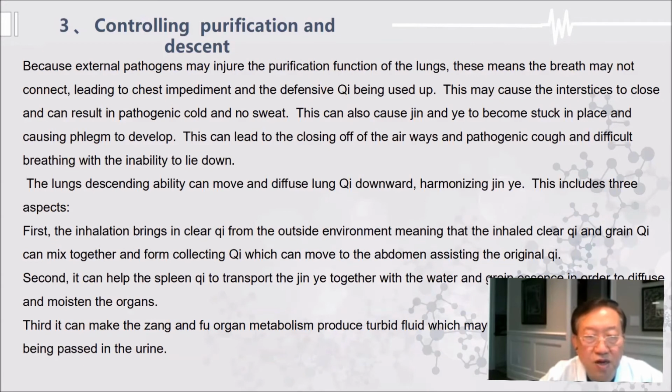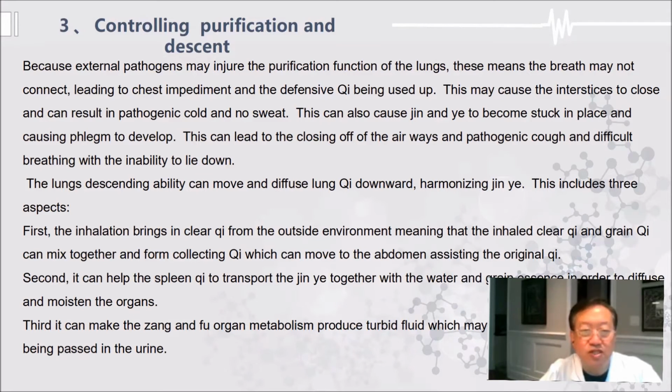Because external pathogens may injure the purification function of the lungs, the breath may not connect, leading to chest impediment and the defensive qi being used up. This may cause the interstices to close and can result in pathogenic cold and no sweat. This can also cause jin and ye to become stuck in place, causing phlegm to develop. This can lead to the closing off of the airways and pathogenic cough and difficult breathing with inability to lie